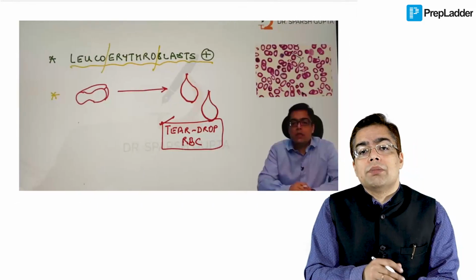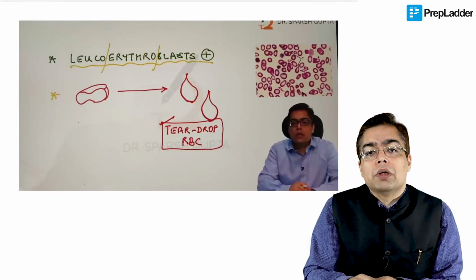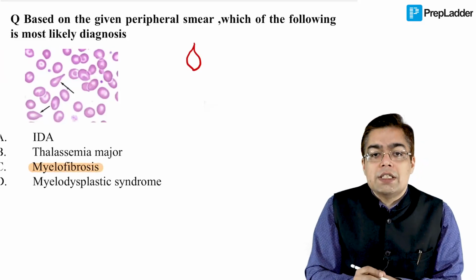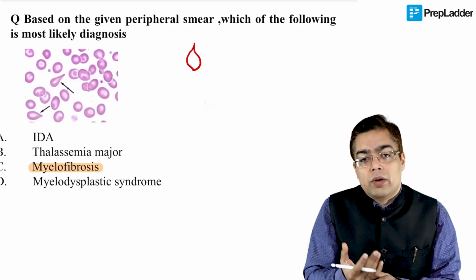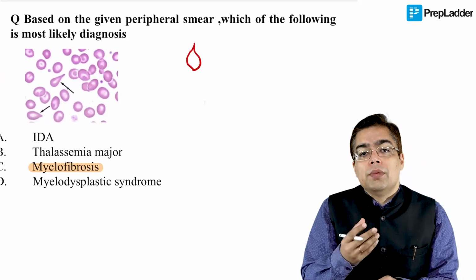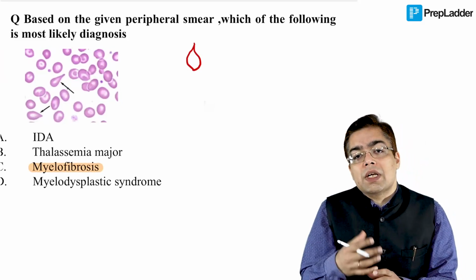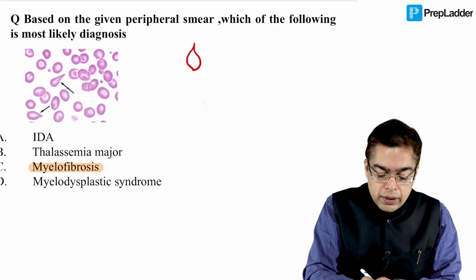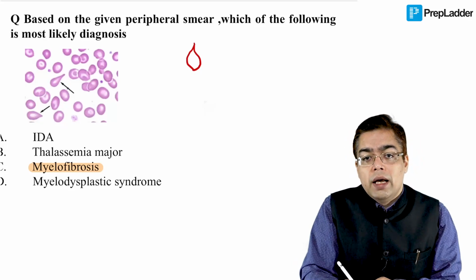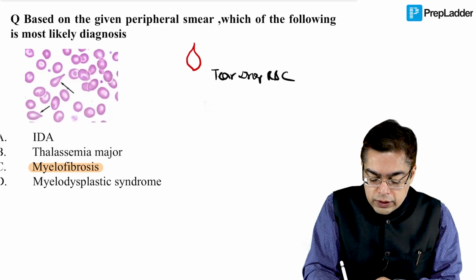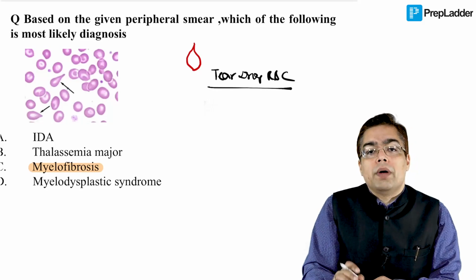So we did have a discussion about even this fact as well when we are talking about a condition that is going to be given the name of myelofibrosis. Easy for us to understand. Myelo means marrow. Once you're going to be having fibrosis in the bone marrow, the RBCs are going to be requiring an extra effort to go out of the marrow. Now during this extra effort, the RBC membrane is likely to become stretched, and that is what is going to be responsible for this kind of an appearance of the RBCs, which I did make a mention of to you over there as well, friend, the teardrop RBCs.